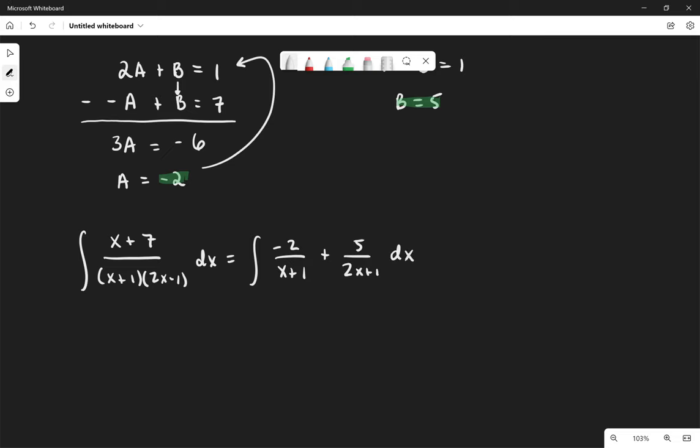Now these are really, really easy integrals. The first one's just minus 2 ln of x plus 1. And then the second one's really easy too, but you just have to be a little careful. The 5 comes out. But if I do the integral of 1 over 2x minus 1, you have to remember this is an ln, but it's a linear function instead. So you can either just know that you have to bring out a 1/2,